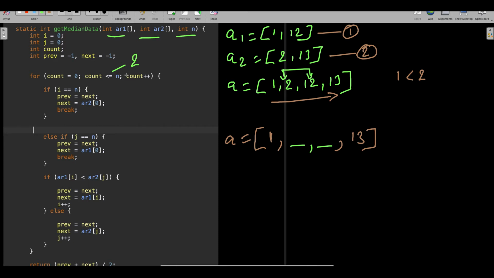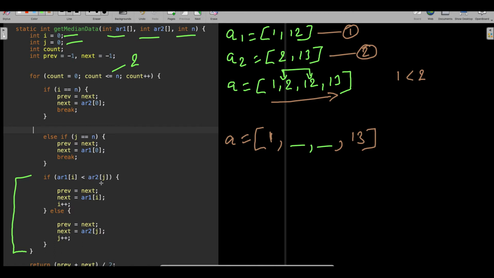Right, equal to sign. Now forget about whatever if-else I have written, and for now just focus on these two parts, if and else. So you are running the loop. First time, from your first array it will pick up the I. In the beginning I is equal to 0 and j is equal to 0, so it will pick up the first element of the first array.